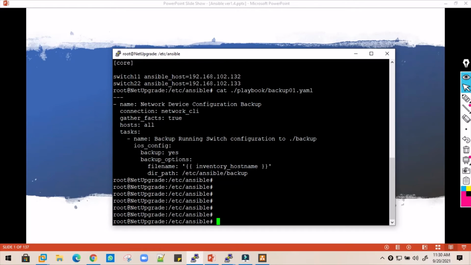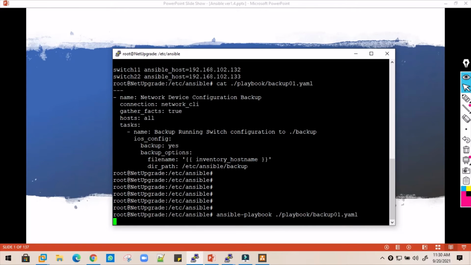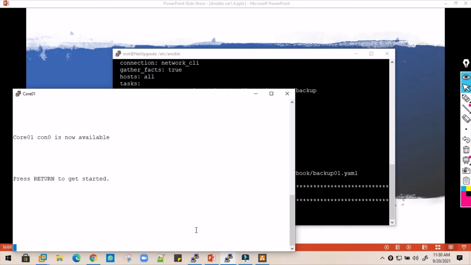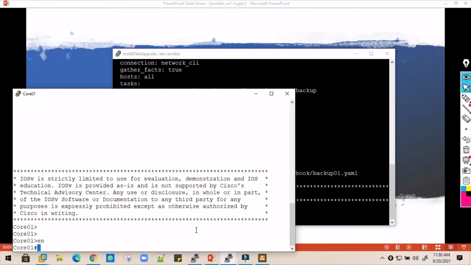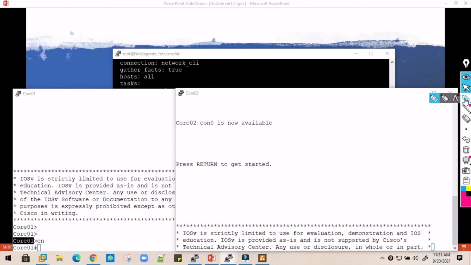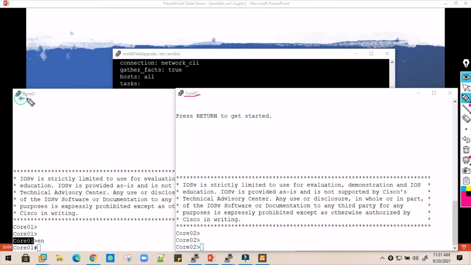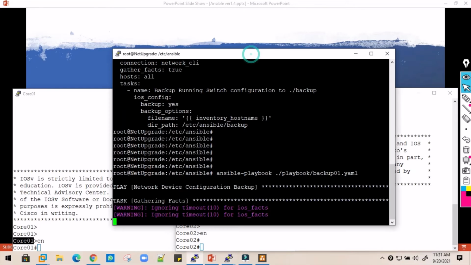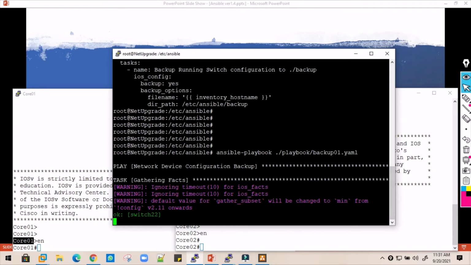So let's execute this file now, which is backup 01, and now it has started. This is our switch as well. If you have seen, its name is core 01, and the second switch, you can also validate, is core 02. So we can validate there is core 01 and core 02. And now in the playbook,